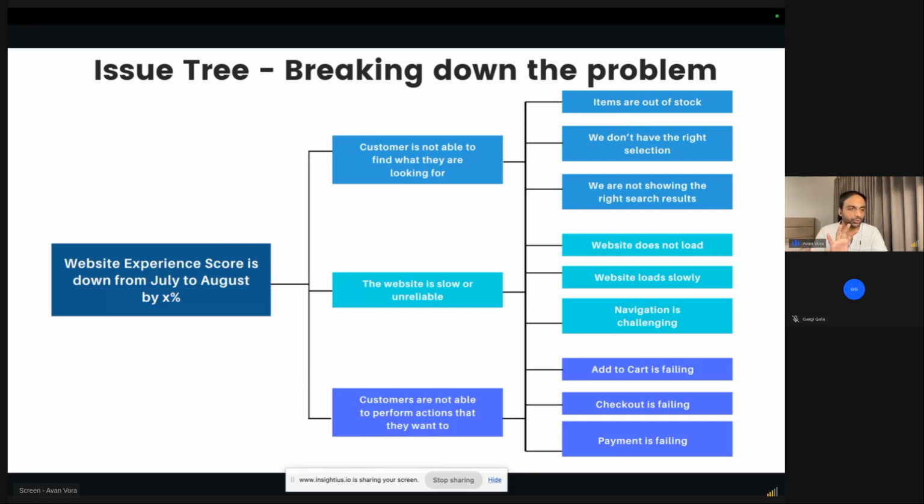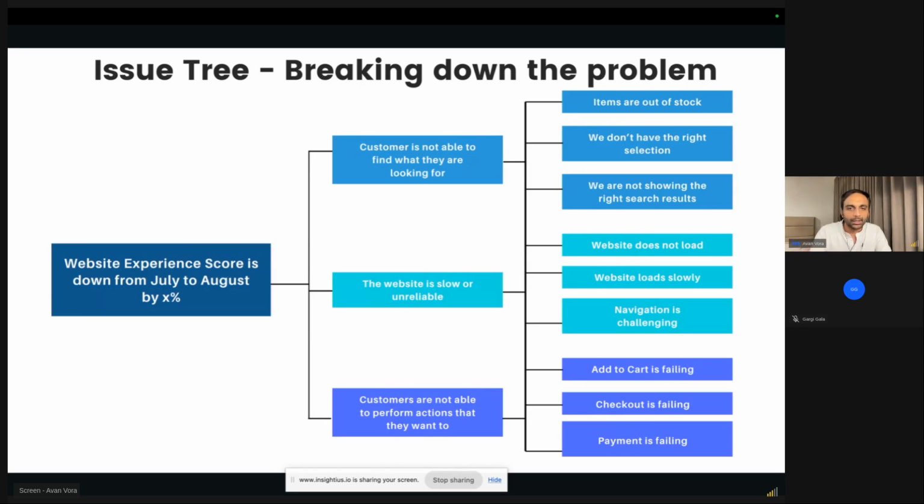So this is called an issue tree. I mean, if I had to give it a name, you break down a problem because it's a tree, right? You have one branch and then you have multiple branches. So it's called an issue tree. I think McKinsey has this very popular framework. I think anyone who goes to a consulting firm, they train you on this method, right?